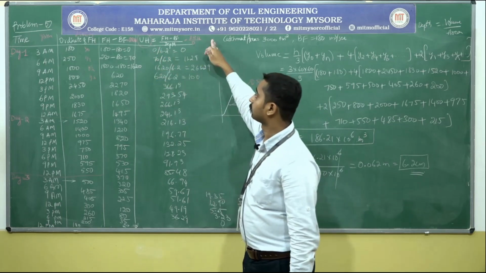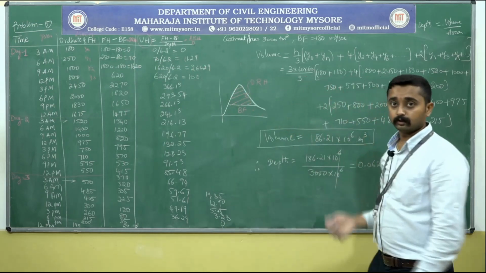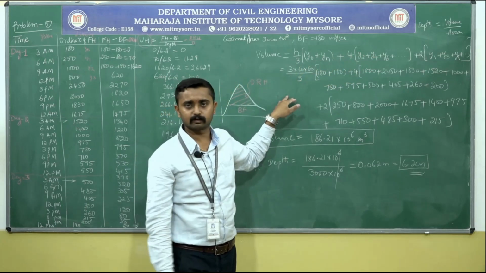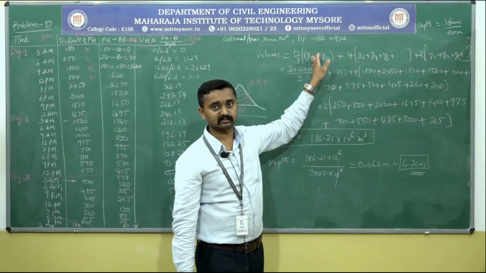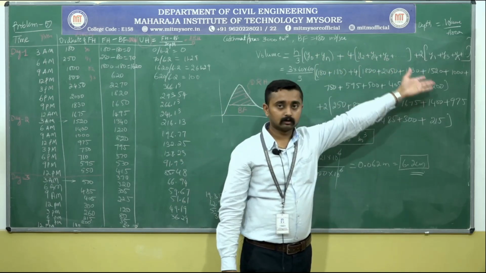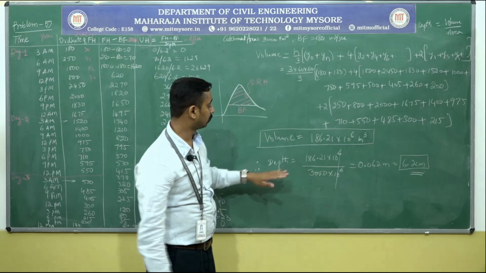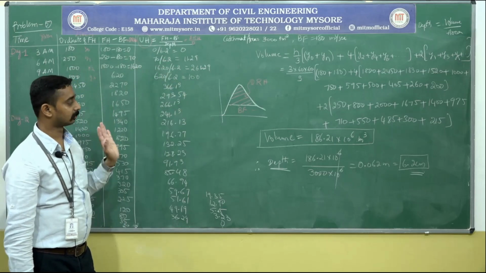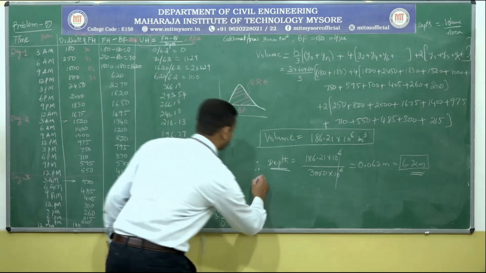Okay, unit hydrograph is nothing but direct runoff hydrograph, this column, divided by depth. In order to calculate the depth, we don't know the volume. First calculate the volume using the prismoidal formula, very similar to the previous problem. That is h by 3 times the first and last ordinate sum, plus 4 times the even ordinates, plus 2 times the odd ordinates. Then volume divided by area, you will end up with depth. So DRH divided by depth is nothing but unit hydrograph. So these are the ordinates of the unit hydrograph. After that you need to plot. That's it. That is very simple.